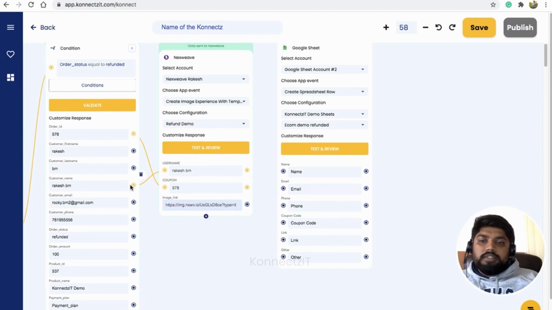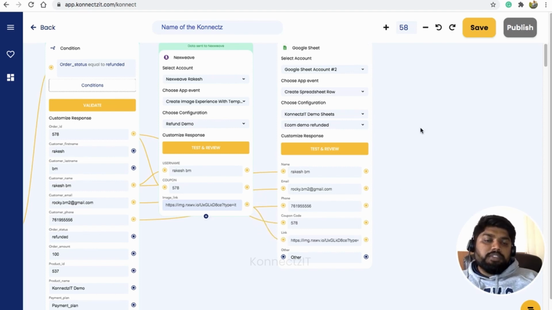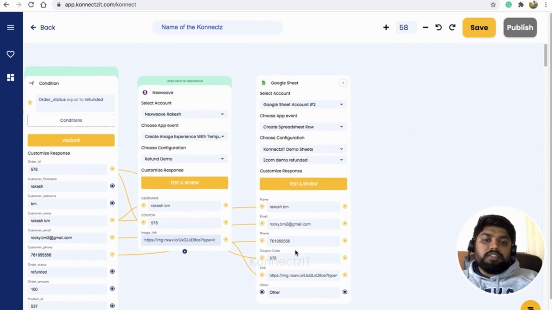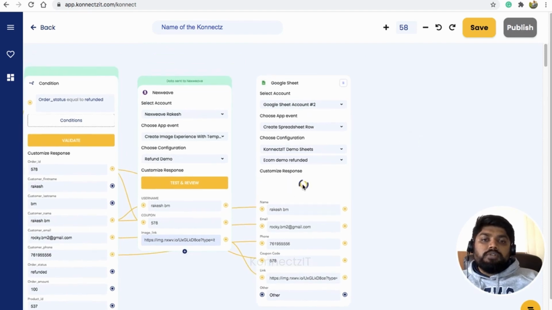I'll connect the name field to the name and the email field to the email field. If we have a phone number, I'll select phone number. Coupon code, if there is one, we can generate it, and the link which we generated from our NextView hyper personalization tool, and any other details. This will add a record inside my Google Sheet.